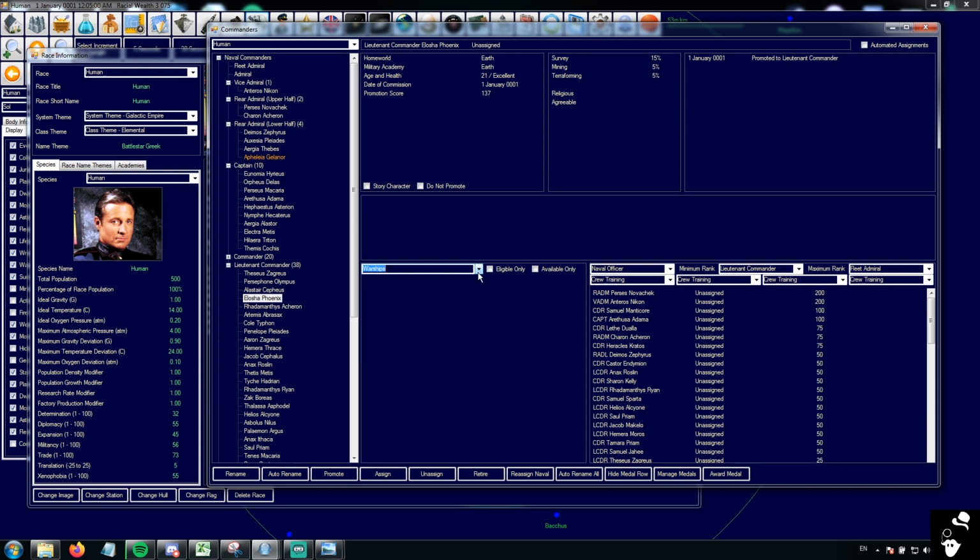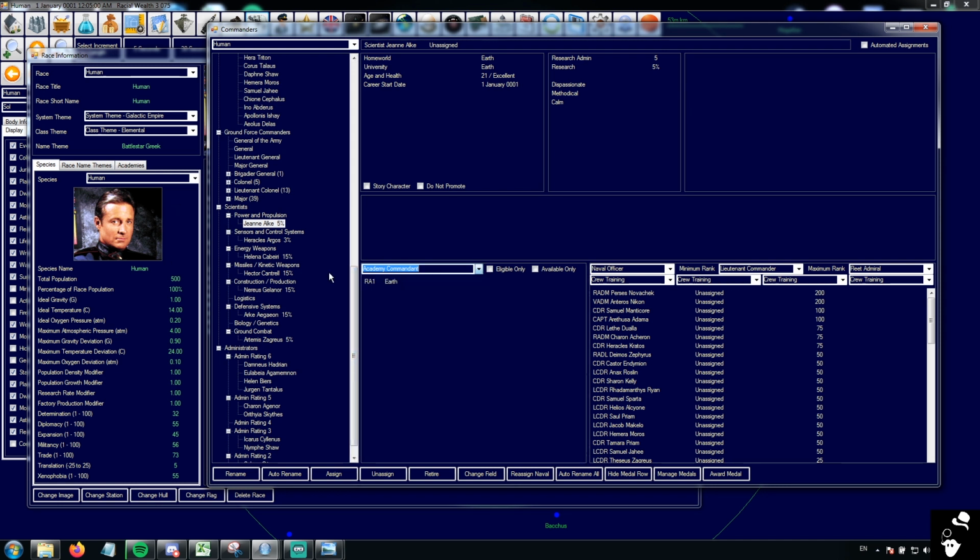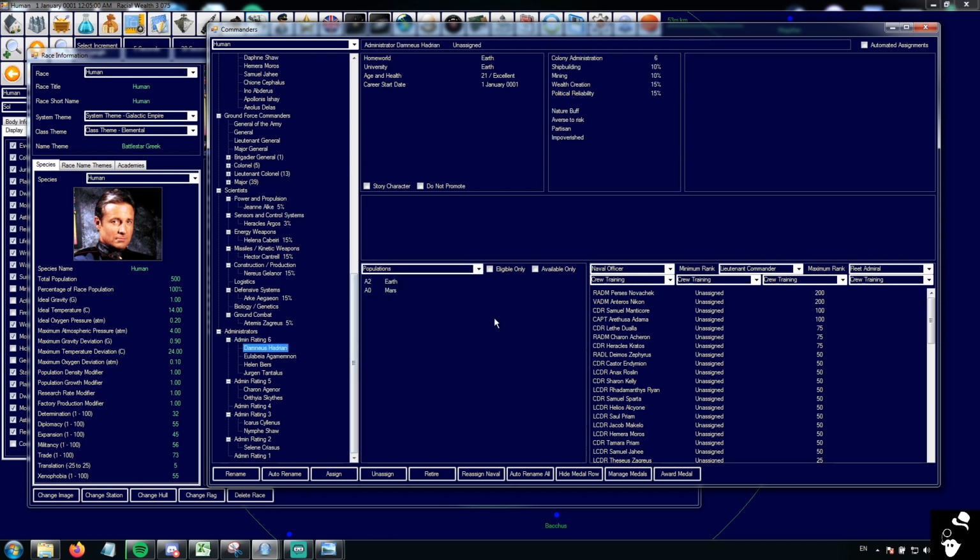Okay, so down here we have the assignment list. So you can see, let's focus on administrators. You can't put scientists into research roles over here or projects. You have to do it through the science menu. The only thing that's available are academy commandants. But let's go for administrators here. So we've got two options. We've got Earth and Mars. Down here, we have the actual assignment list. So you have here options, so population, sectors, and academic commandants. If you click eligible only, it will only...